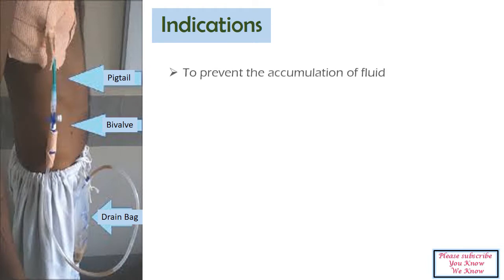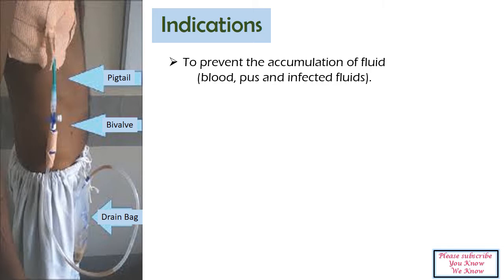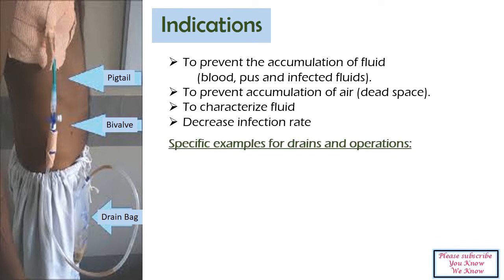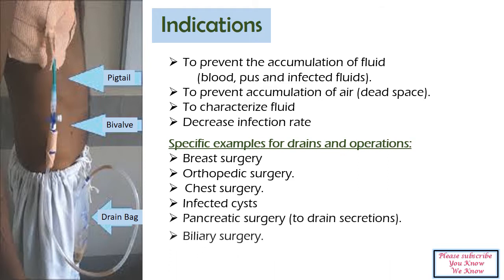Indications for a drain are to prevent accumulation of fluids such as blood, pus and infected fluids, to prevent accumulation of air in the dead spaces, to characterize fluid, and to decrease infection rate. Specific examples for drains and operations are breast surgery, orthopedic surgery, chest surgery, infected cyst, pancreatic surgery to drain secretions,